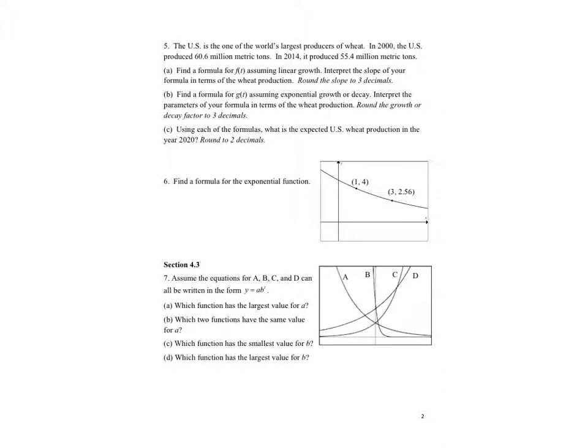So for the first one, I want to find a formula for f of t assuming linear growth. To determine a function here, I want to find the slope. And so the slope is going to be the change in production over the change in time. I know that because time is my independent variable here, because that's inside my f of t there. So if I do change in production over change in time,